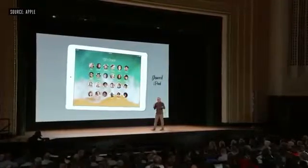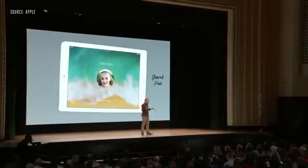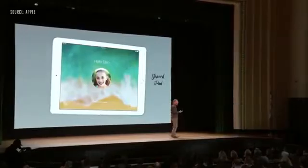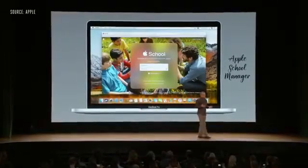Shared iPad lets a student pick up any iPad off the school cart, tap on their name, and once they log in, that iPad becomes their own, with their own apps, their own books, and their own documents ready to go. And when it comes to getting set up, we created Apple School Manager to give the tech teams a